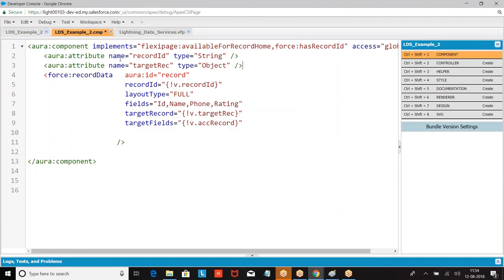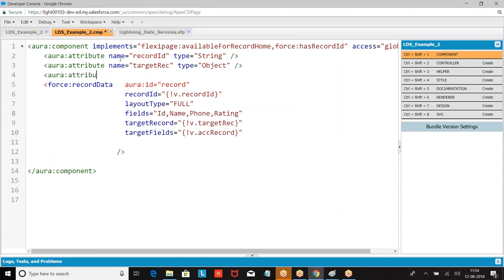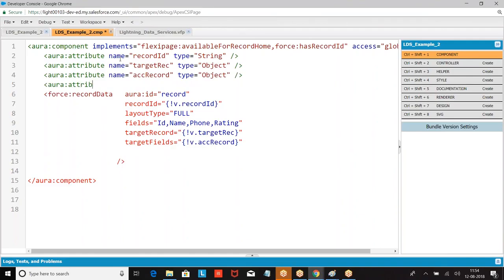Then we had the attribute name equal to, so where we had target error.